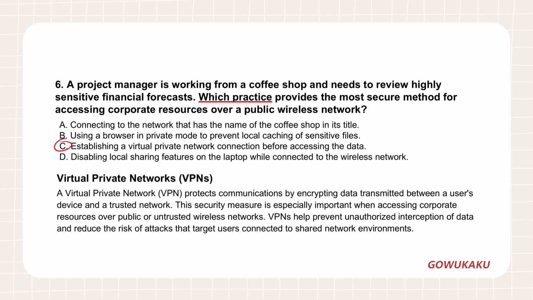Public Wi-Fi is scary. It is essentially a free-for-all. You need to establish a virtual private network connection. A VPN. Right. A VPN encrypts the communications between your device and the corporate environment. It acts as a secure tunnel straight through that untrusted network. And we are back at the desk for our final scenario.